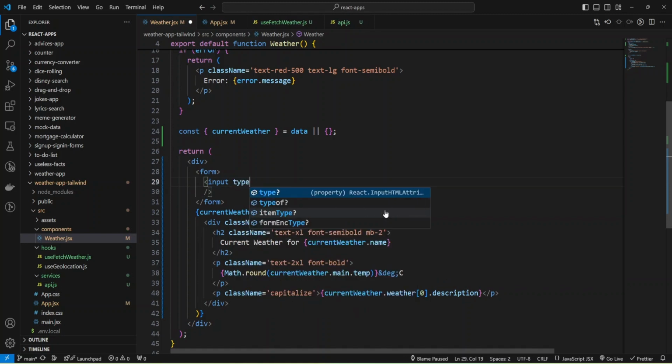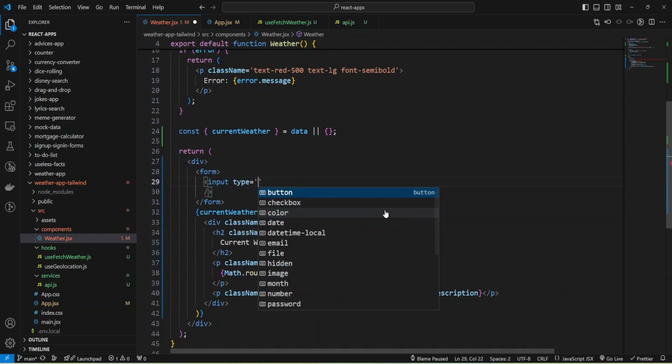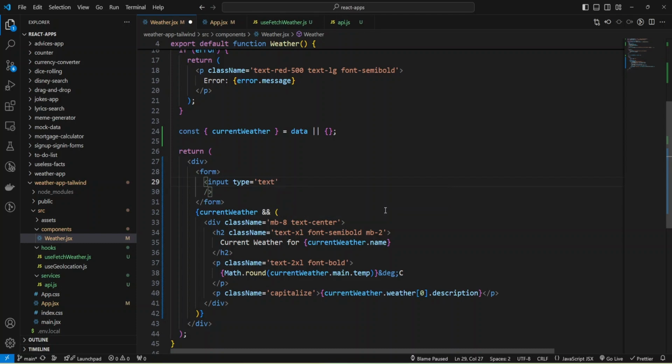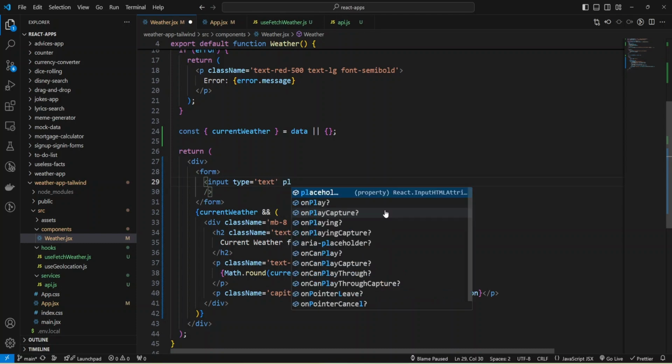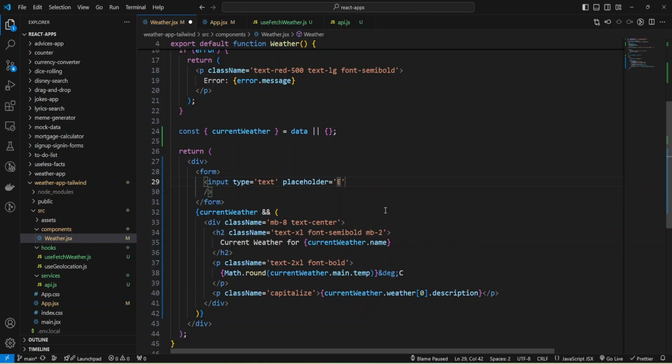We'll have type text, and also we can add a placeholder and provide "Enter city name", and let's add some classes: padding 2, and add border, and let's make the border gray, and make it rounded.